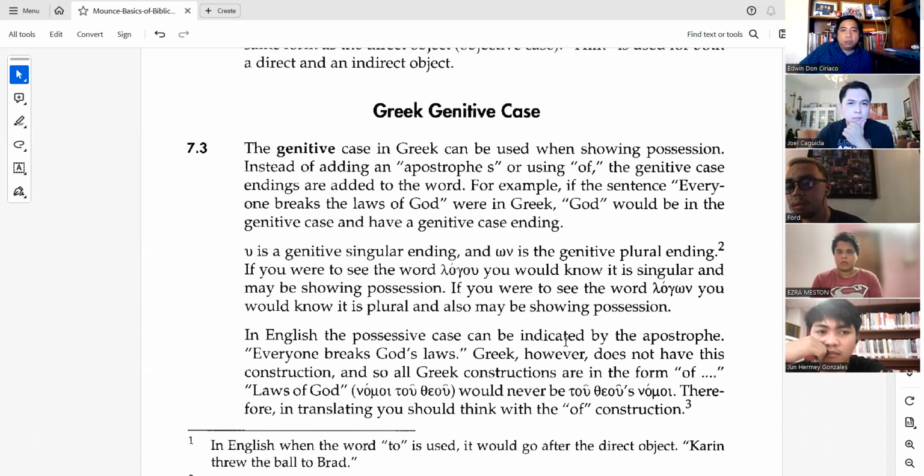So when we go to the genitive case, other functions may include genitive of source. So where did it come from? Again, you have been exposed to genitive of possession. And then genitive of instrumentality, genitive of what we call objective genitive. So objective genitive,